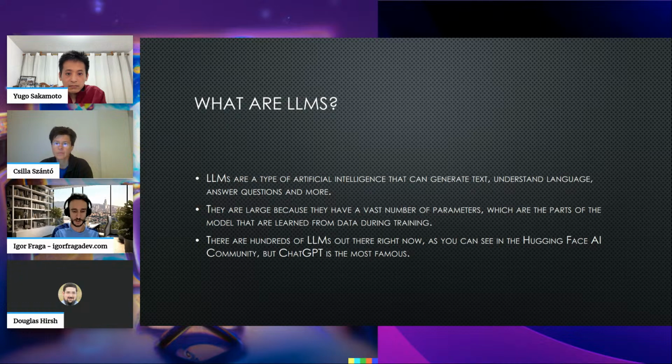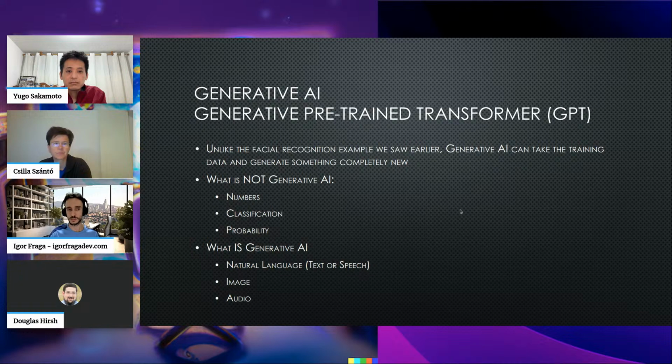I don't know if there was another one that came before. But training an LLM, you can train an LLM for your own purpose. We can see there are lots of LLMs out there for specific purposes. We have even talked about that. And this comes to generative AI. That's the goal of what we are talking about here.